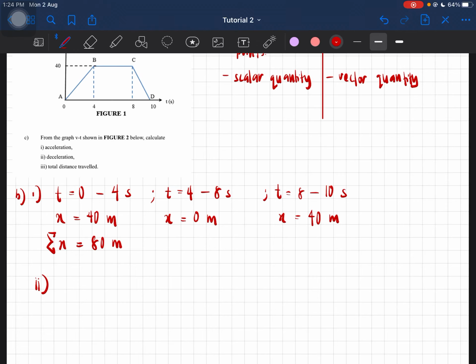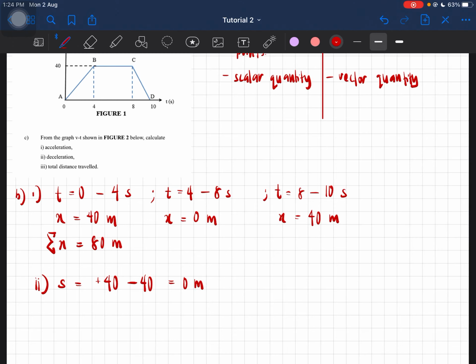Because we know that the displacement initially from point A to B is positive 40, and then the displacement goes down, they change direction, going negative 40, which is equal to 0